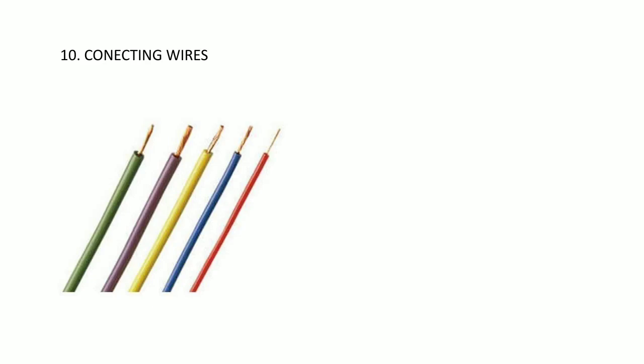Lastly we have connecting wires. Wires are of different types. Mostly the wires are made up of copper. Copper wires are mostly used, as copper is a good conductor. And in order to represent connecting wires, a simple line is used. This means that the line is connecting a source with an ammeter, or any resistance, and it is coming back to the source of the electric current every time a line will be used.